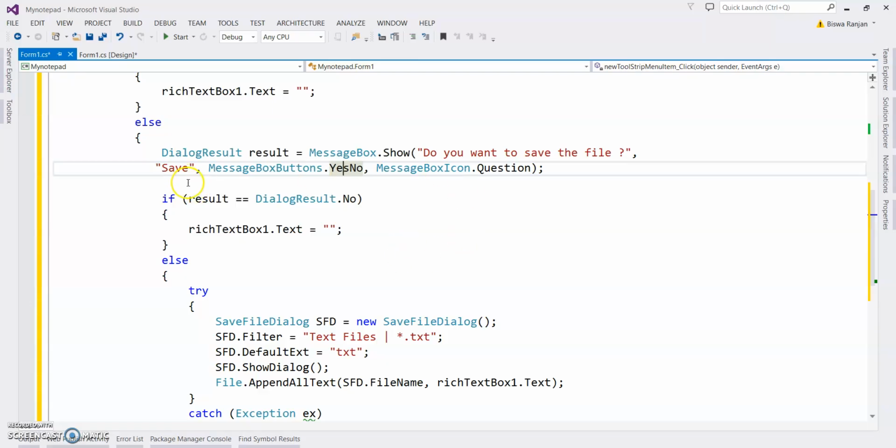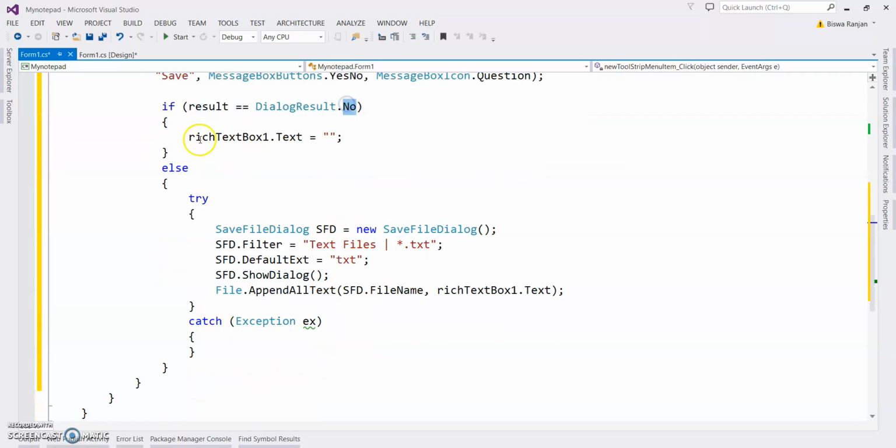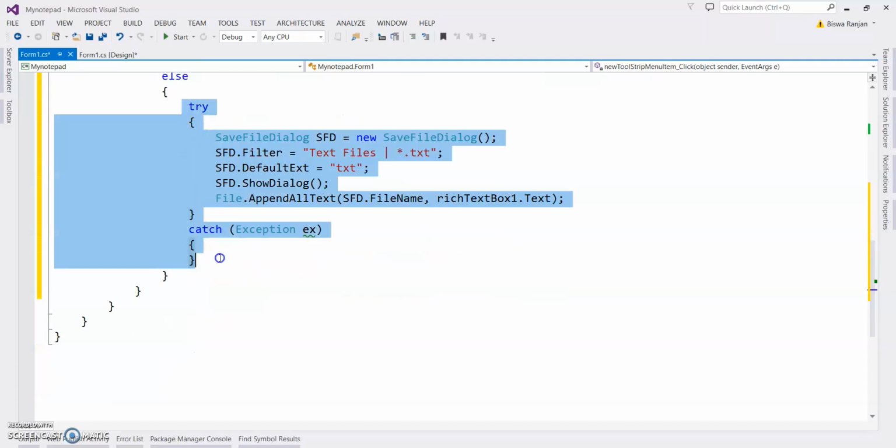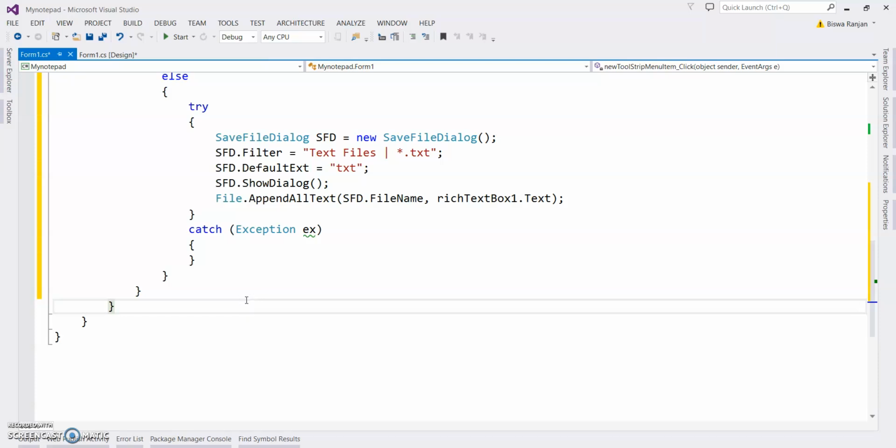For that I'm using an inbuilt class, DialogResult. It stores the result of the button event. So DialogResult object equals MessageBox.Show, do you want to save the file? Then the caption, message box Yes/No buttons, icon Question. If you click on No, it will directly clear the content of the file, or else it will ask you to save the file. So how to save the file?